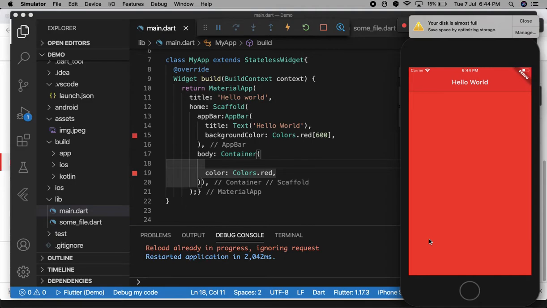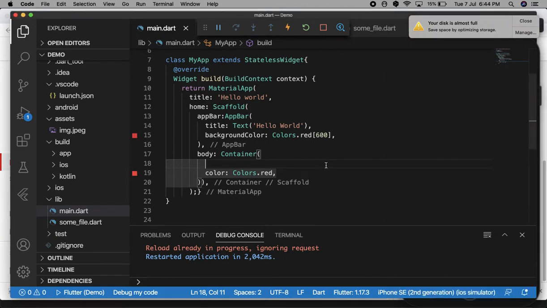See this. And if you add a widget inside, then it will wrap around it. Run it again.